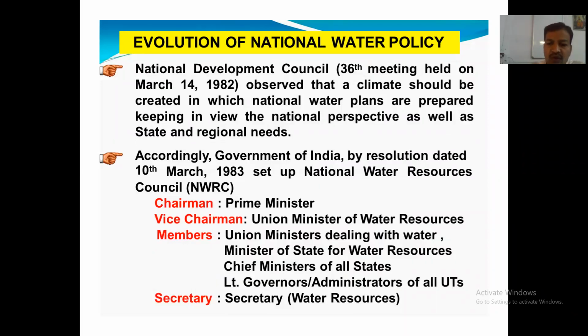So in this National Water Resources Council, the chairman is the Prime Minister. Below that, the vice chairman will be the Union Minister of Water Resources. The members include union ministers dealing with water, the Minister of State for Water Resources, then chief ministers of all states, then governors and administrators of